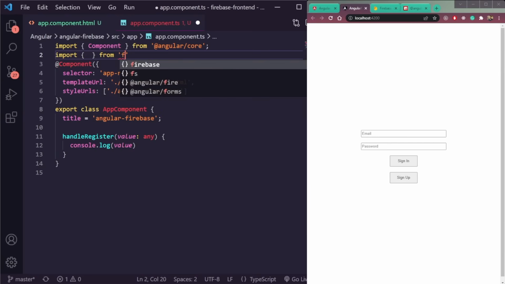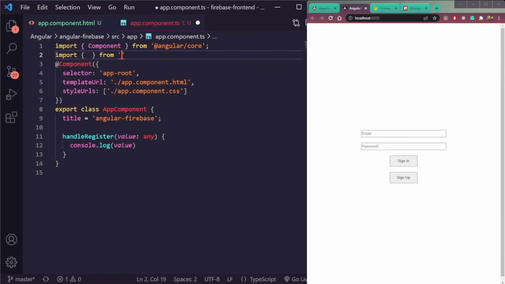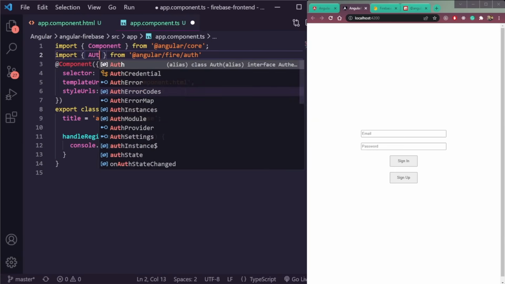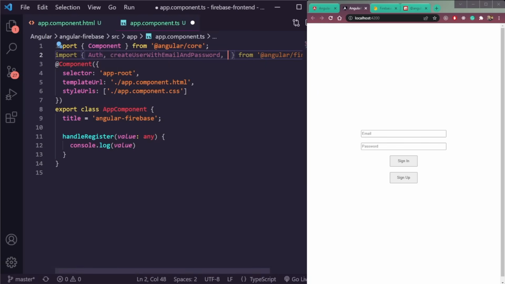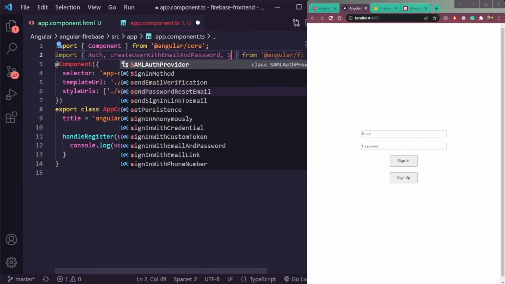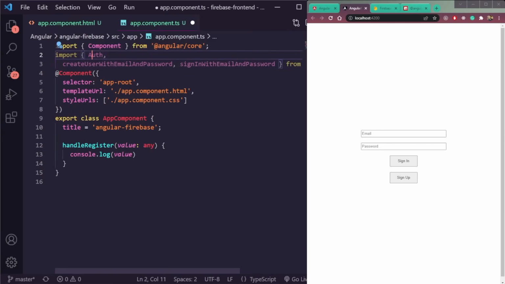From Firebase, wait, not Firebase. We have to use Angular Fire, then auth. And from here, let's import a few things. First is auth, second is create user with email and password, and third one is sign in with email and password. These three things. So let me break this down. The imports